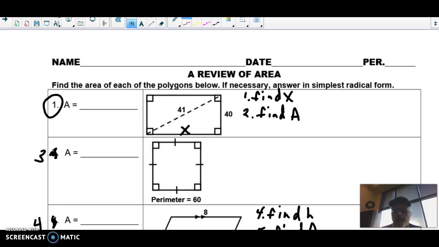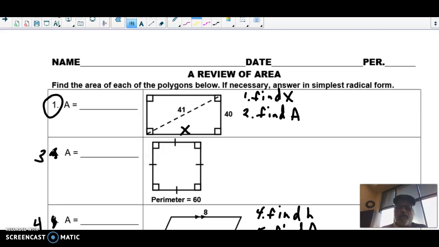Okay, in this video, we're going to be finding area. On number one, on the first rectangle, we have to find x first. And the way we're going to find x is we're going to use our Pythagorean theorem. So basically what that means is we're going to have,